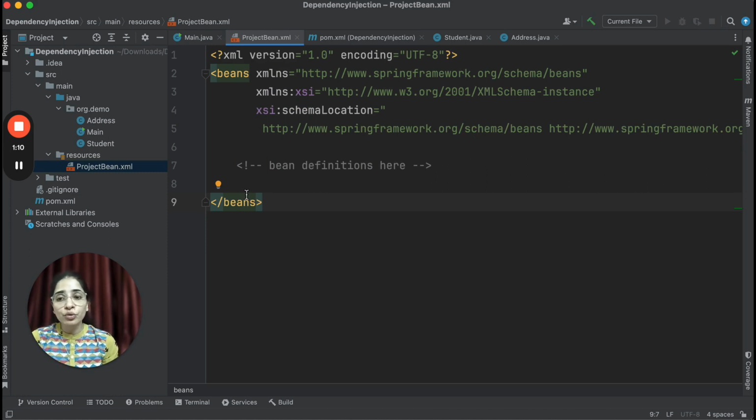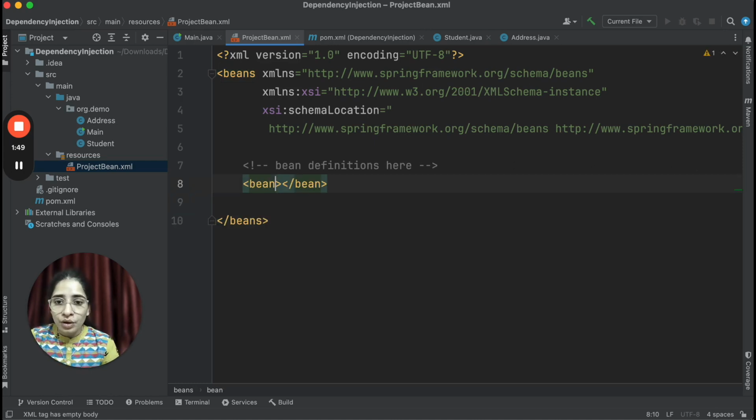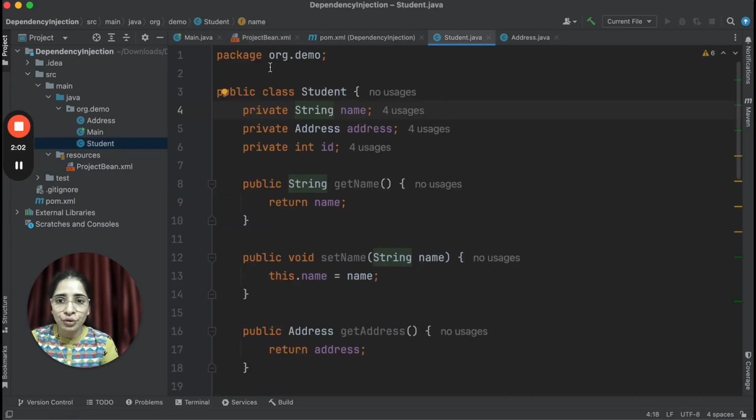You are not going to create the beans, but you are just going to tell Spring, hey Spring, create these beans for me, for my project. Spring is creating the beans, but I have to tell what type of beans I'll be needing in my project. You have to define which class you want to create a bean of. I'll have to mention the packages.